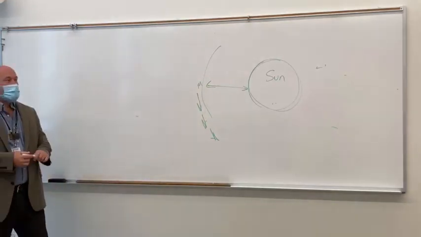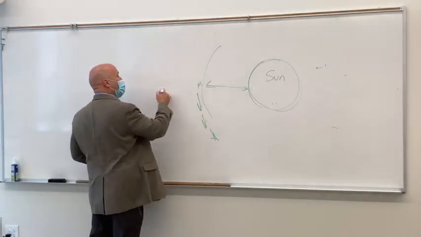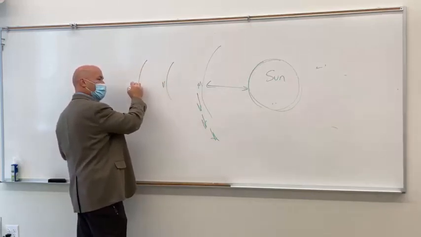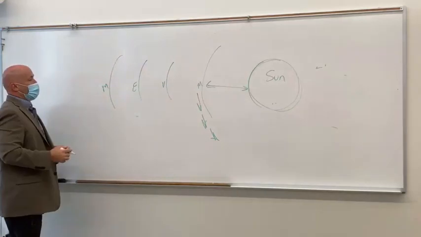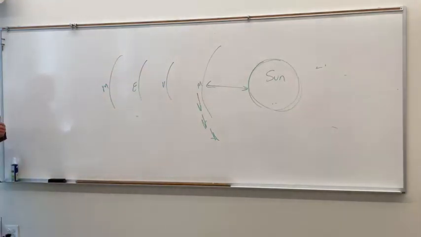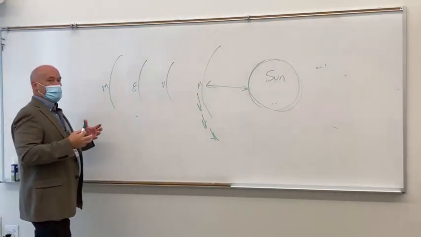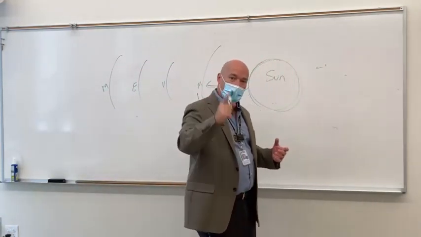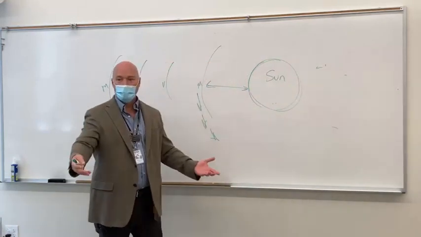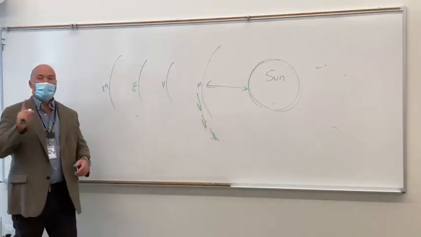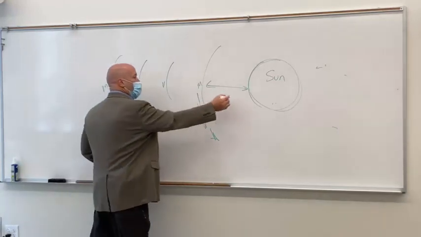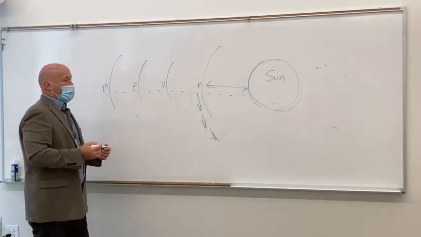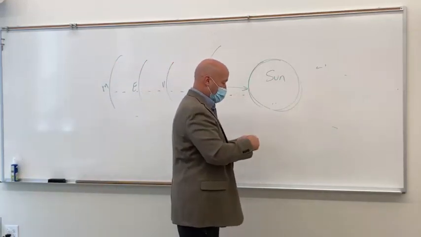Now, where else do we see this? Well, we follow the planets all the way out. We've got Mercury, we've got Venus, we've got Earth, right? And then Mars, and so on and so forth. And what you notice, the further out the planets get, is that number one, the slower they go. If they didn't go slower, again, we would lose them. They'd spin off somewhere. But the other thing is that the gravitational pull gets weaker and weaker,